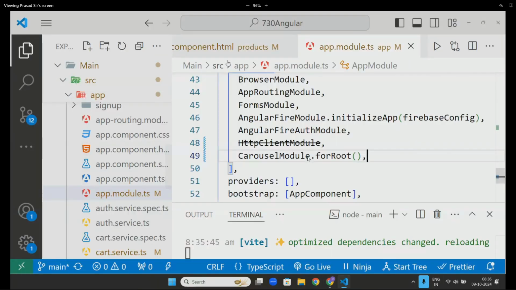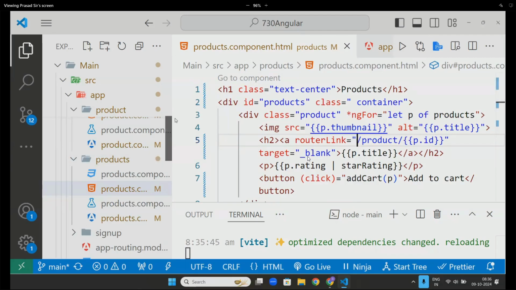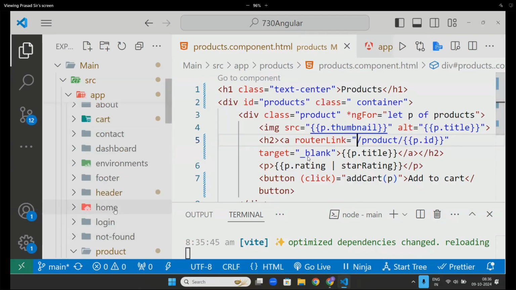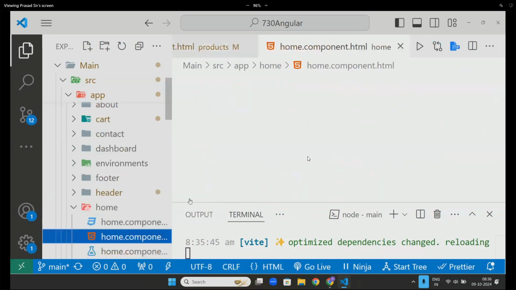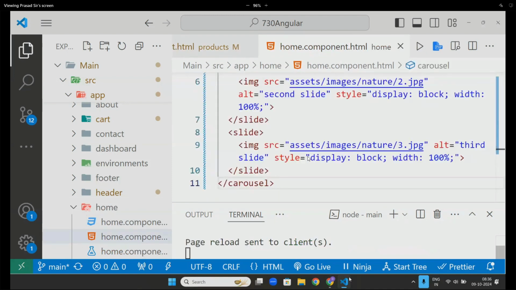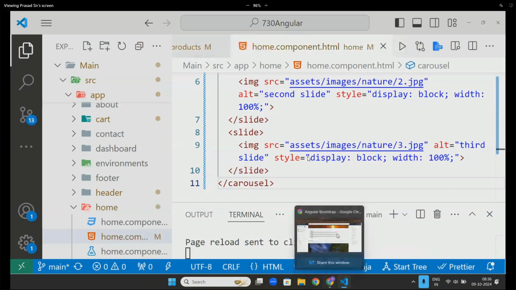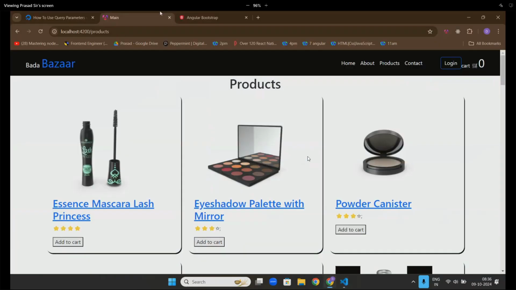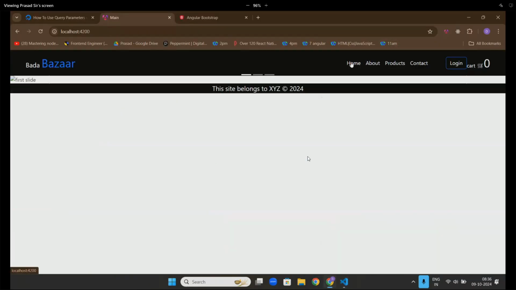Let's go to home page. Let's put it on the home page. In the home page, the carousel is coming, but the images are not there.